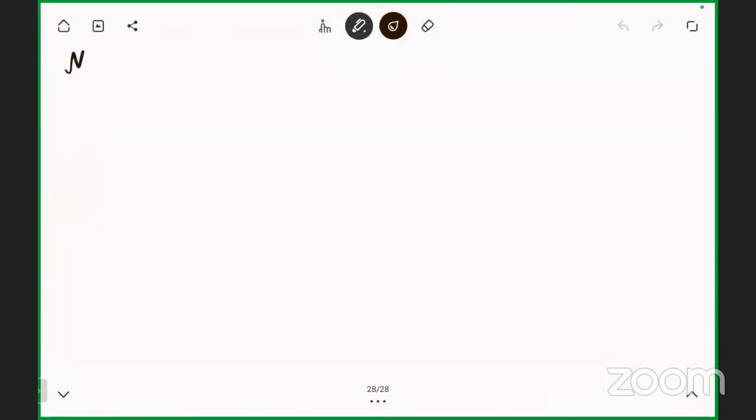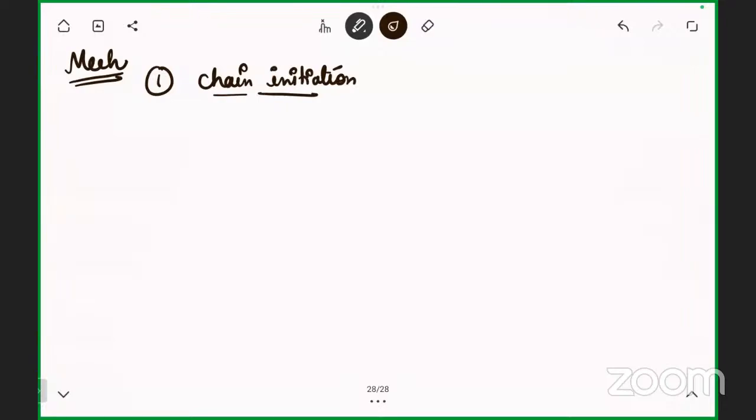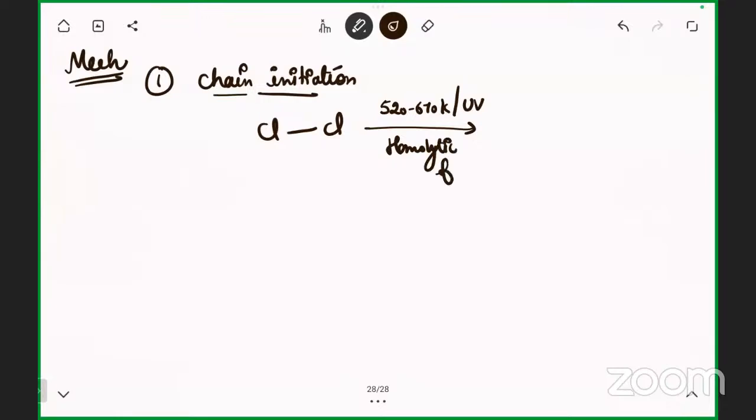Next, mechanism of the reaction, that chlorination one. Okay, so the first step of the reaction is chain initiation. For the initiation of the reaction, see what will happen. Now the Cl2 was reacting. So at 520 to 670 Kelvin or UV light, what will happen? Homolytic fission happens. So if you remember, homolytic fission leads to the formation of